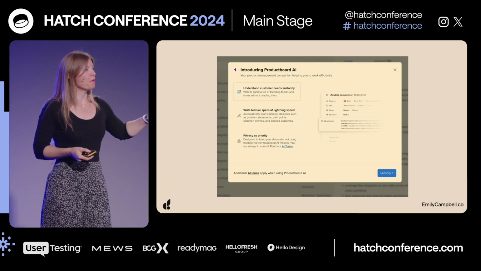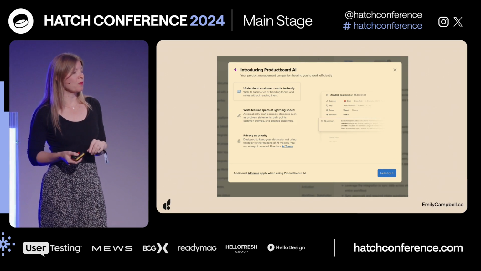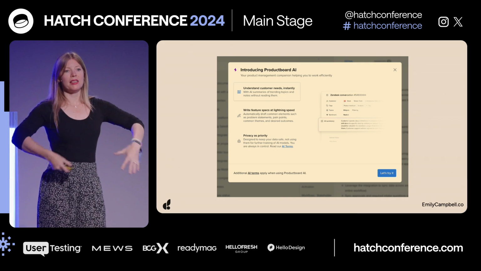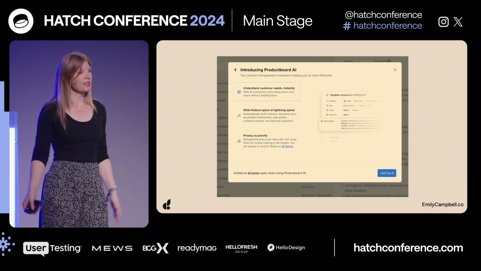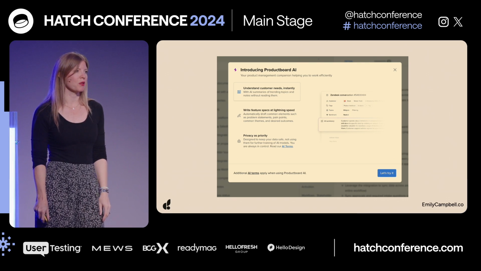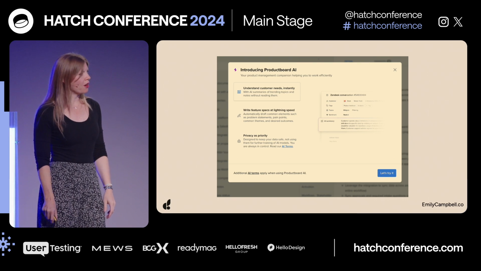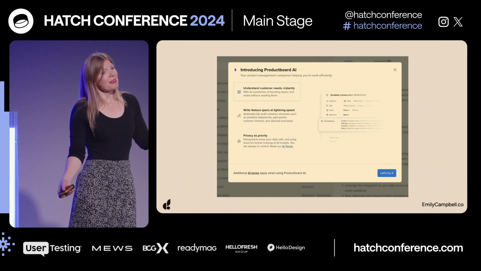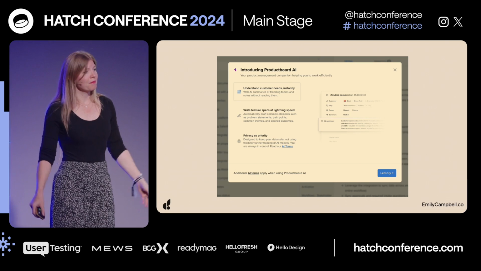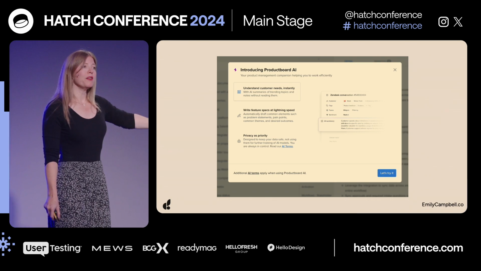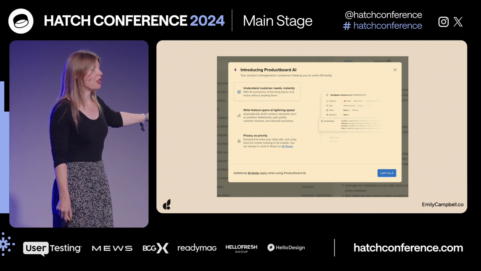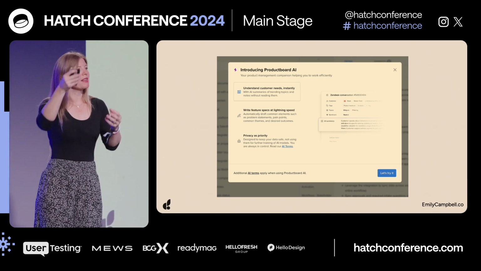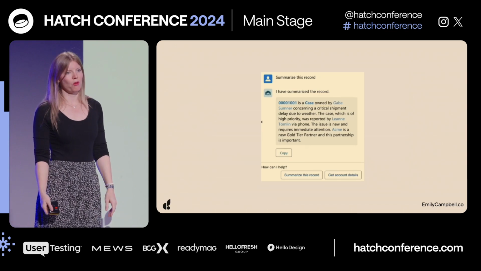Here's another example from Product Board. This is a product management software. One of the things Product Board does is it aggregates insights. So your whole customer-facing team might be going out and bringing back the voice of the customer. Great idea, really hard to go through. And for designers, for researchers, for product managers, often it's work that goes unrealized because you don't have the time. Well, what if we can automatically summarize that for you and then point you to the insight where that came from? A great example could also be pulling from user research reports.